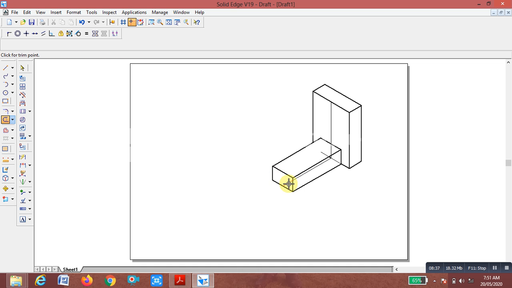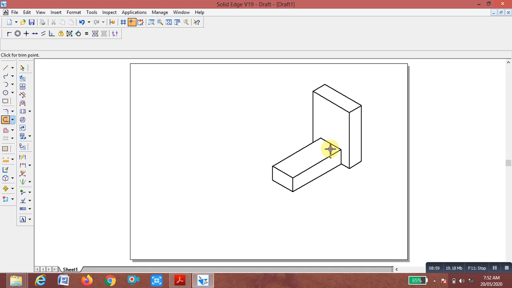Suppose you want to show them, you can consider them as very thin lines. These are the unwanted lines you are going to trim.